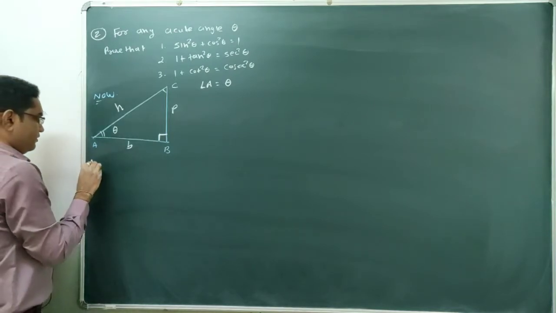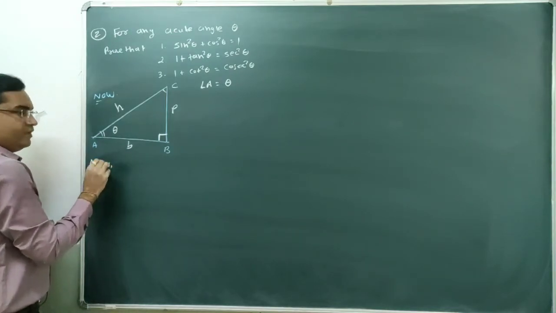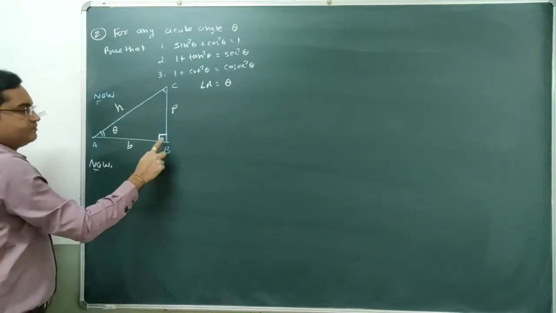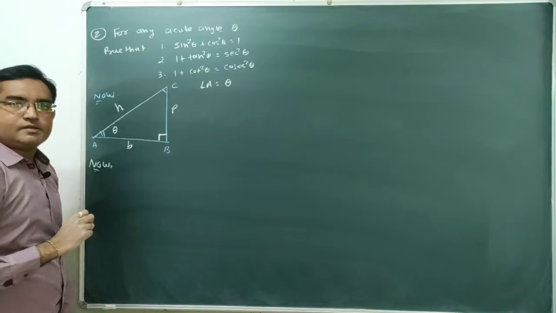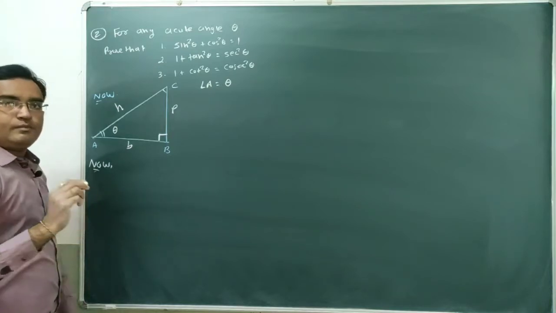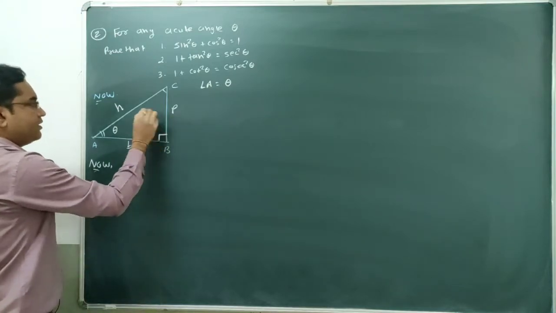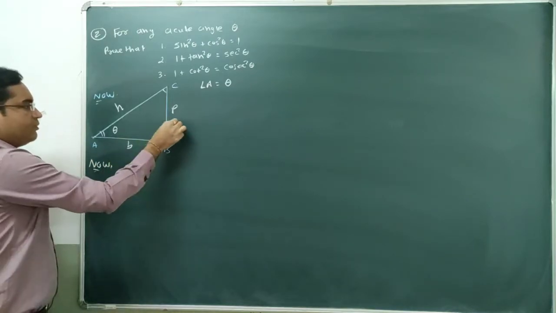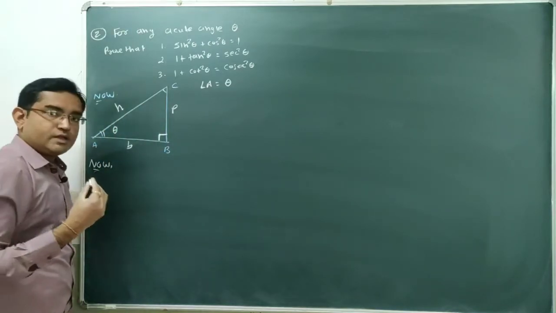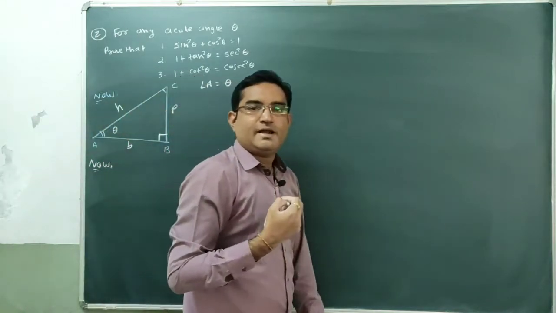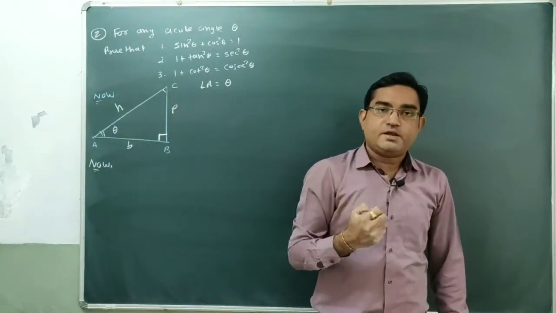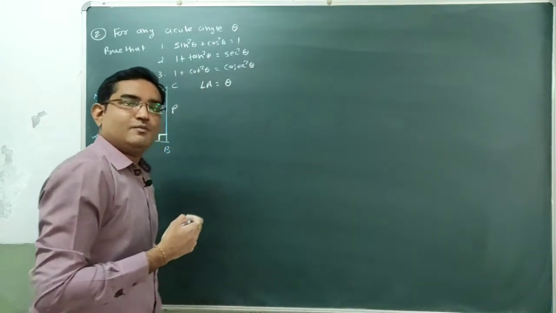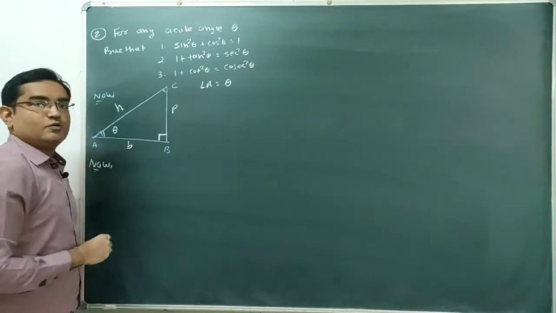So students, we are given one right angle triangle. Whenever the right angle triangle is there, we can apply Pythagoras theorem, because all three sides are given. That means we assume base, perpendicular and height. So what is the Pythagoras theorem for this right angle triangle? Pythagoras theorem says that square of hypotenuse is equal to sum of square of its remaining two sides.